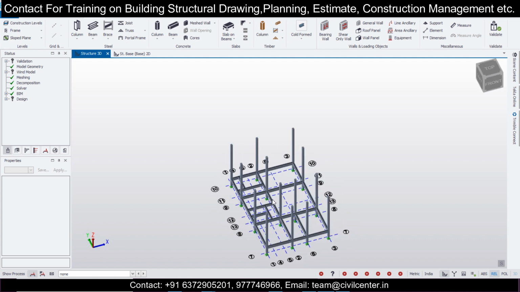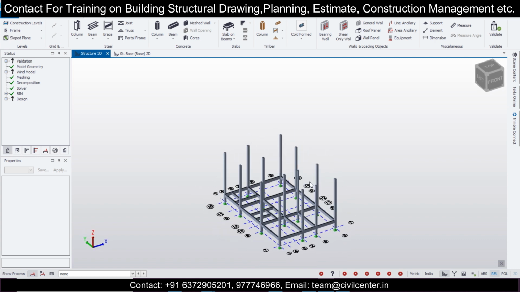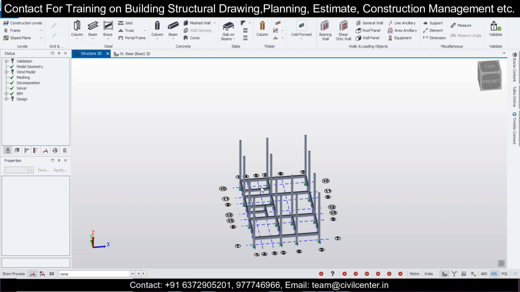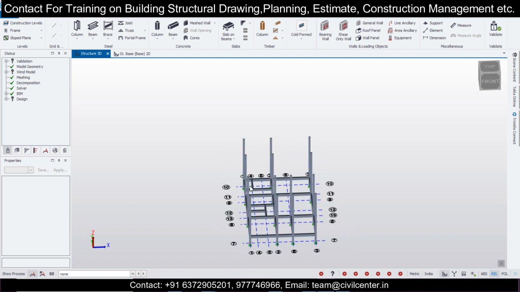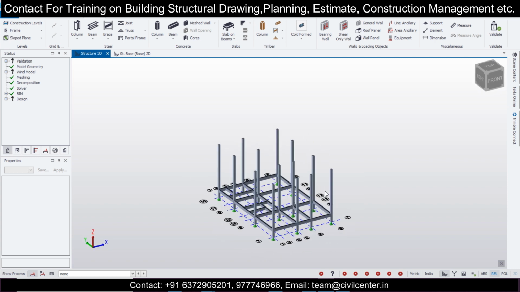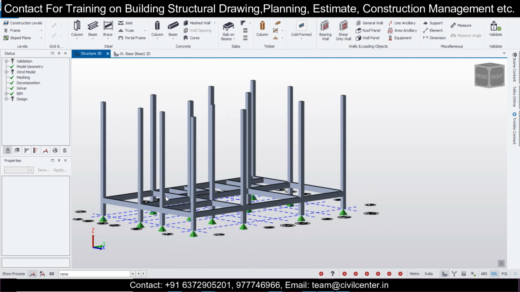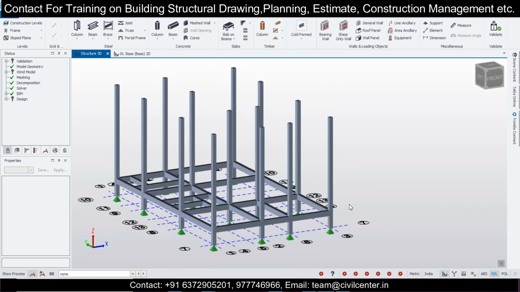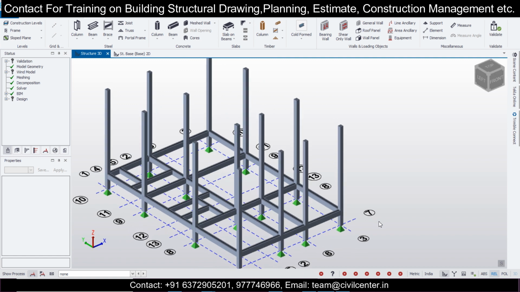So these are our beams which have been done, the beam and column arrangement, and the secondary beam has been done. Validation is perfect, and now we'll go to the next floor. What happens in this is a plinth level. In this level there will be no slab added. In the next level we have a slab added.